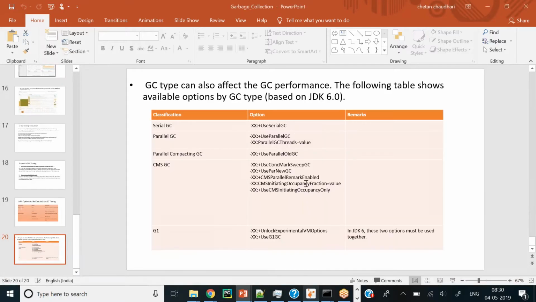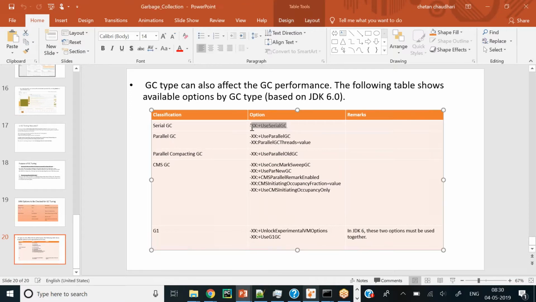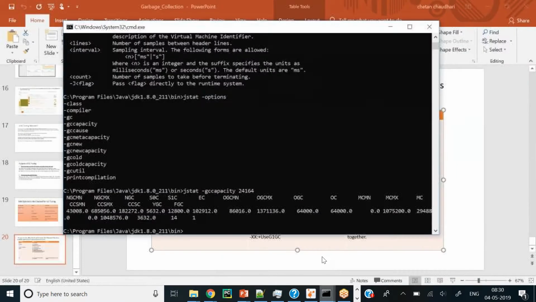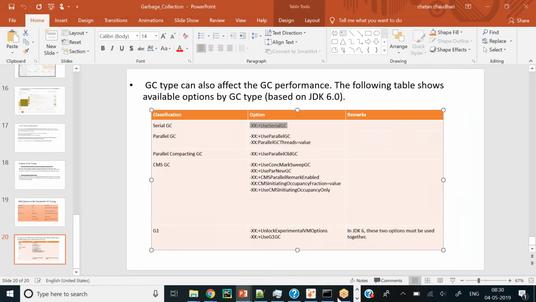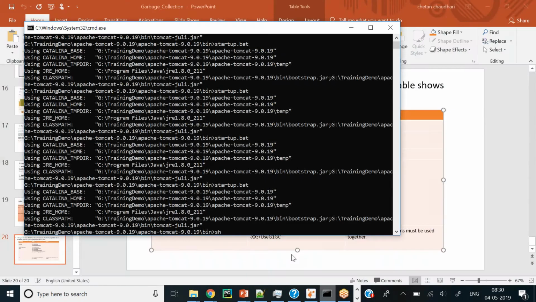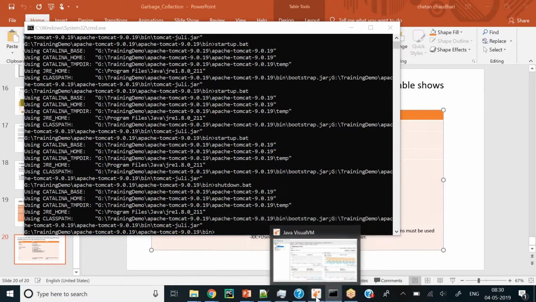Okay, so let's just use serial GC. Instead of giving the JVM memory parameters, now you just use these parameters. I first need to stop my Tomcat. Okay, so Tomcat is stopped. Just verify it again.